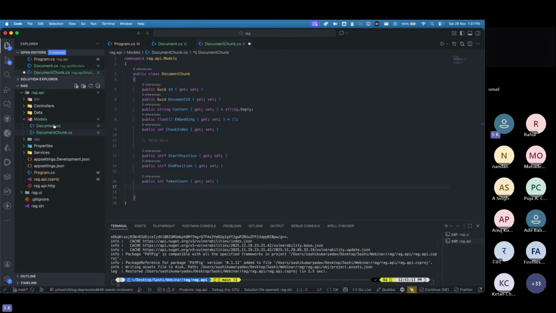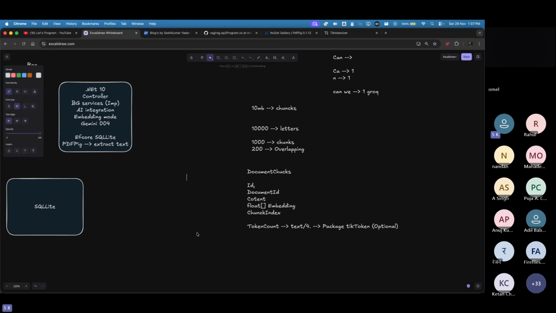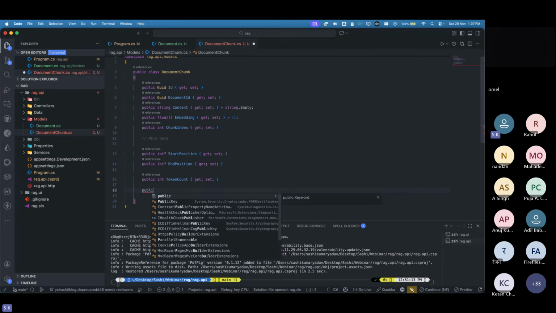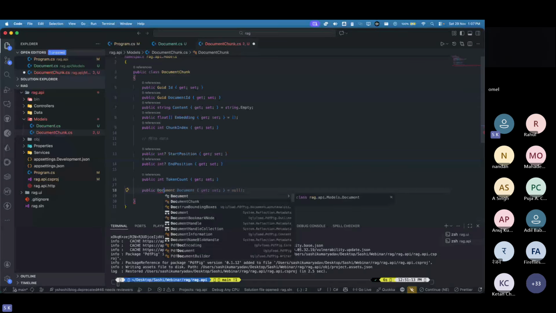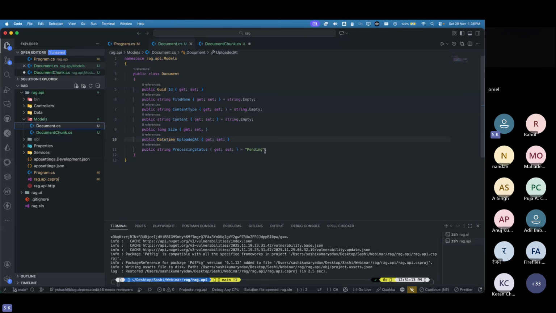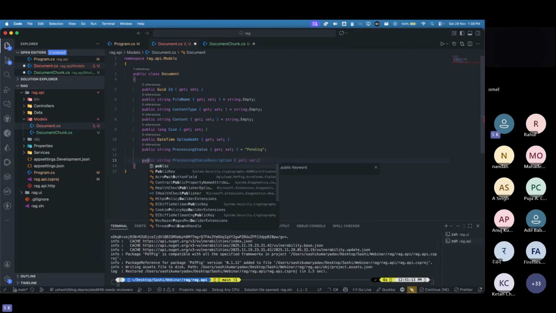Now we need a relationship between a document chunk and documents. If you remember, one doc can have many chunks. Yes or no? Which means we need to establish a one to many relationship. Correct? To do that, we need to add a navigation property here. So we'll put here public Document. One document can have many chunks, so the many chunks will be over here. Correct? So we can put here public